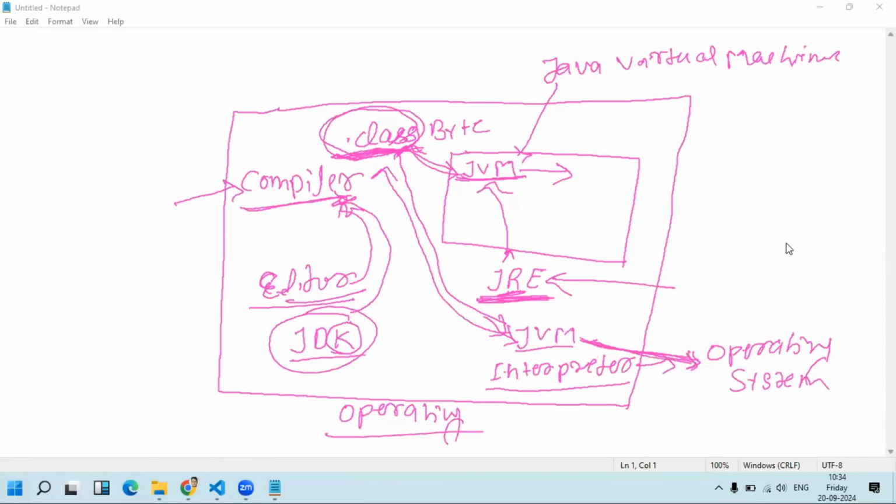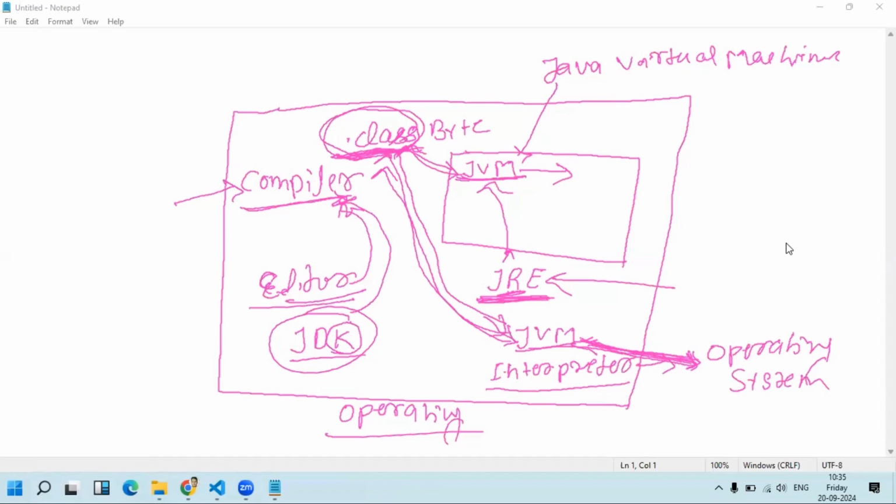That was the initial phase of the JVM. When the operating system was asking for the next line, the JVM was going to the .class file, executing the next line and producing the output to the operating system. So what happens here?